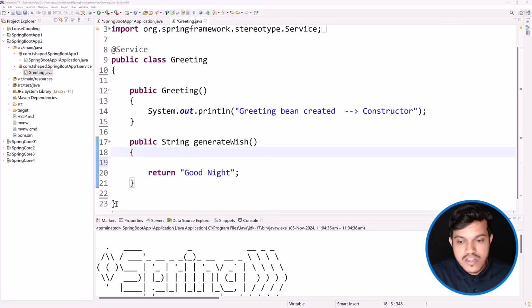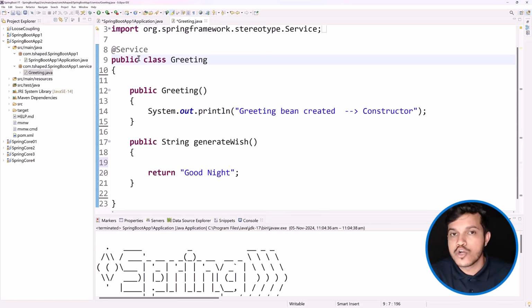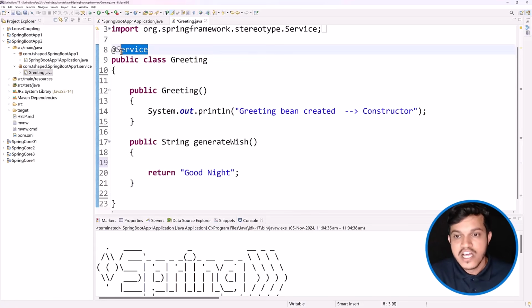And if you want this object to be created and managed by the Spring IOC container, at the top of the class you have to apply any of the stereotype annotations. The most suitable stereotype annotation is @Service here. Service is component plus the business logic. So this bean will now be managed by the Spring IOC container. Also, it gives a message to the developer that inside this class, the business logic, the actual purpose of the application,